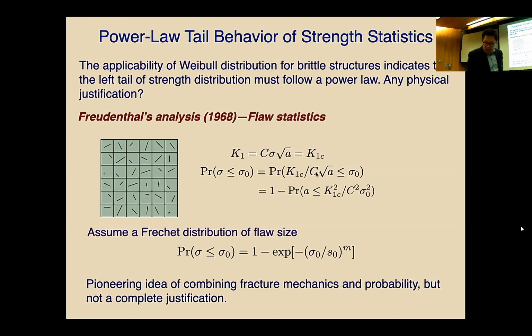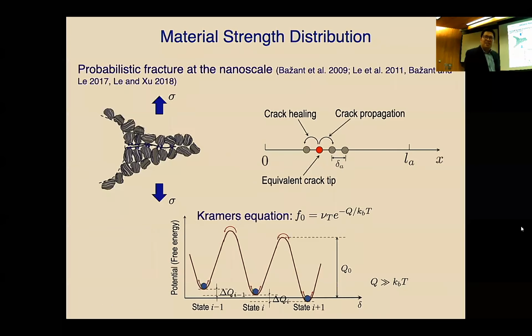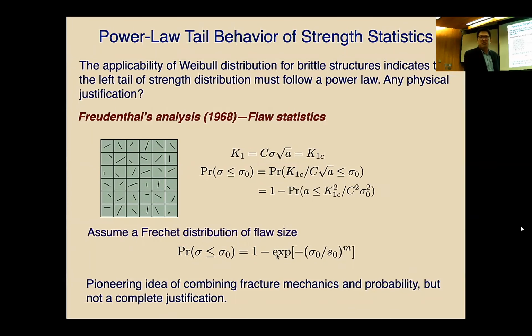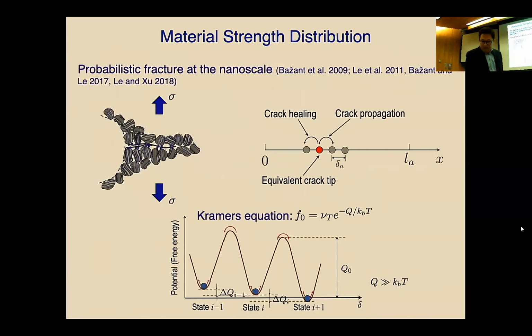Okay, so on the other hand, I have to point out that this is not a complete justification because you have to assume a flaw size distribution. If I change the flaw size distribution, you will not get Weibull back. Okay, so it's an assumption on top of another assumption. All right, so